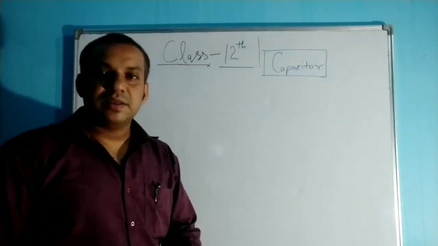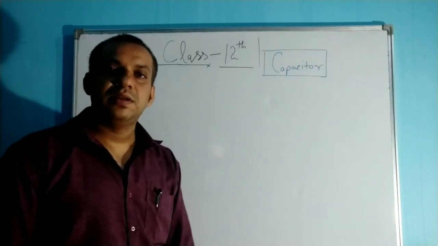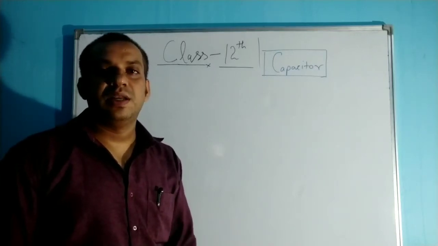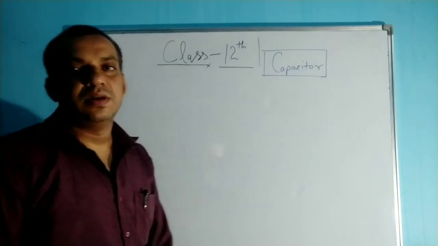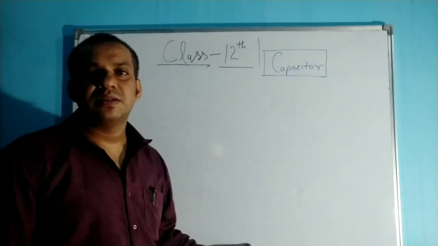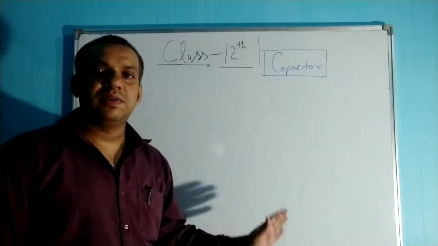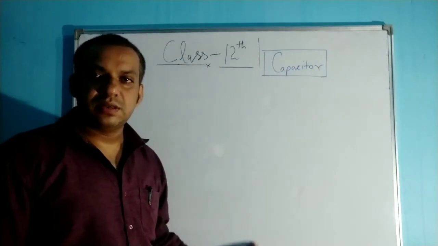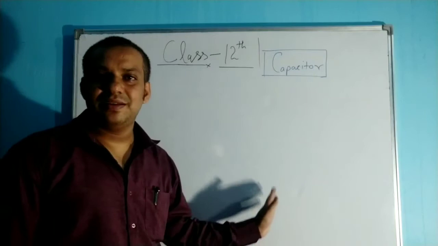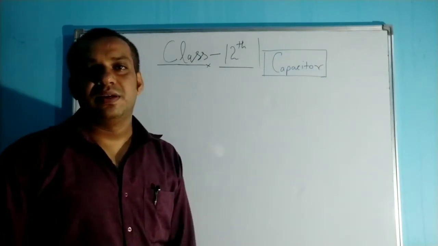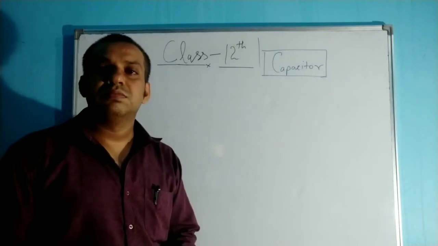So welcome back class. In the previous video we discussed the electric field concept, and with the help of Coulomb's law and Gauss's law we found the electric field for point charges. With the help of Gauss's law we can also find the electric field due to a long straight conductor, the thin sheet, the thick sheet and then a spherical conductor. So already we are familiar with the electric field concept.